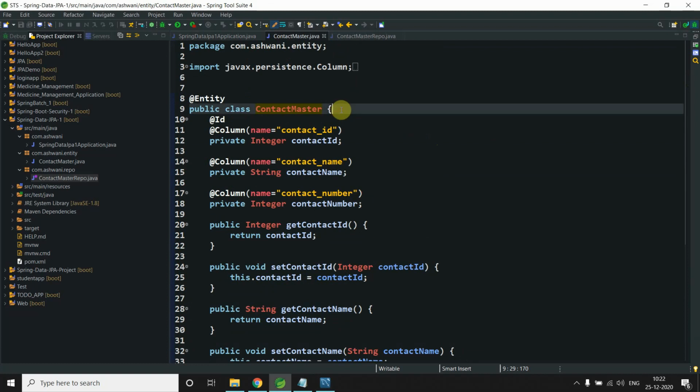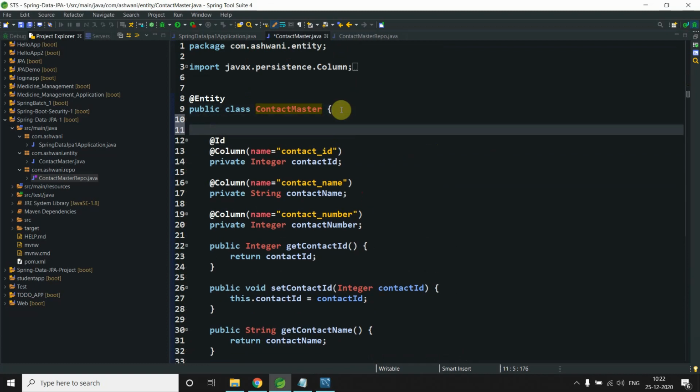Now if you see here, we have 2-3 things. First is entity, ID and column, right? We have 3 things. One more thing we will use here, that is table.